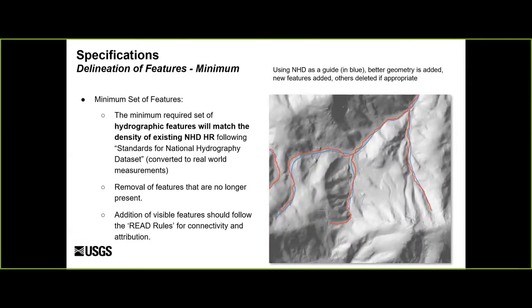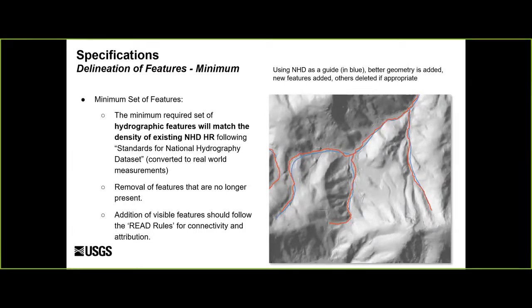For elevation-derived hydrography, there's a minimum set of features required for collection, although, as stated before, people can collect additional features outside this baseline collection set. The minimum set of features is comparable to the density of what's currently in the NHD dataset. Although we use the NHD as a baseline set of features, the feature alignment must match the bare earth, 3-depth,